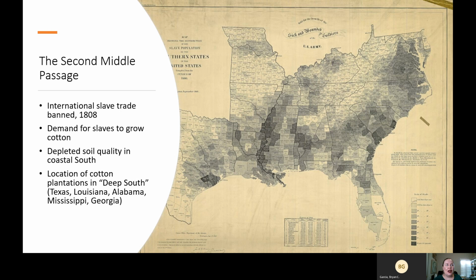Like you said, the treatment of the slaves, you would think, right? If you have an investment that's significant, you would want to take care of it, right? However, not necessarily the case for slaves. There were some owners that did recognize that and try to take better care of their slaves. This is what we call paternalism in the South, this notion that slave owners were the caretakers of their slaves.